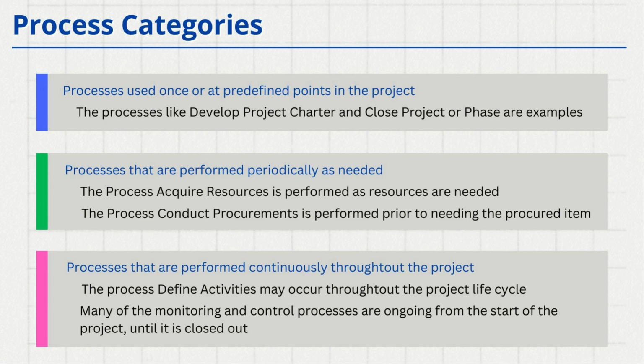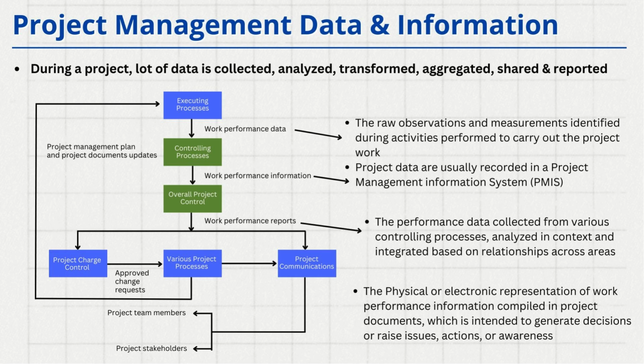On the other hand, there are certain processes which are to be performed on a continuous basis throughout the project, like defining activities. You'll find we need to keep defining activities as part of each and every process. You will always have activities because a process will have different activities that are linked. Another example is monitoring and controlling activities. Again, these activities are part of almost all the knowledge areas. These activities need to be performed on a continuous basis. This is a bit on the processes that we are going to cover as part of this training.